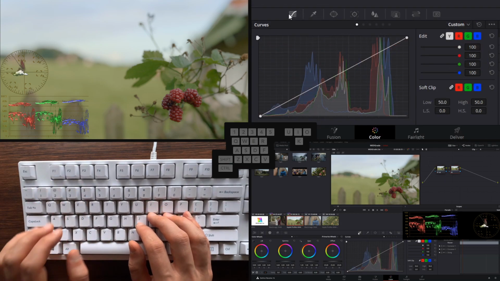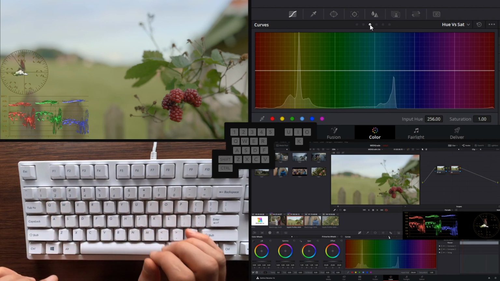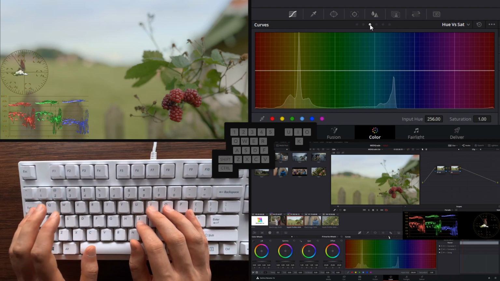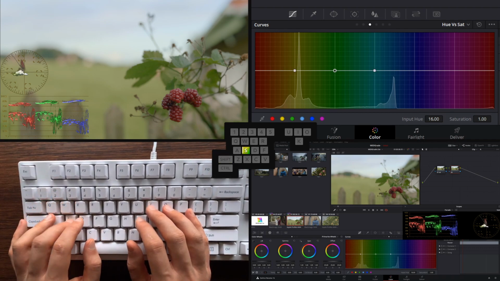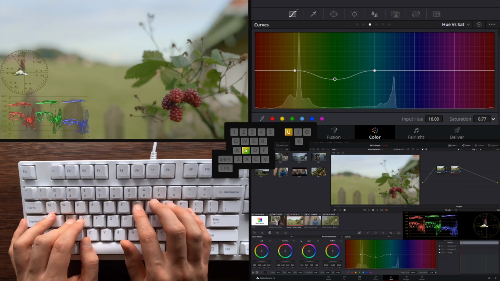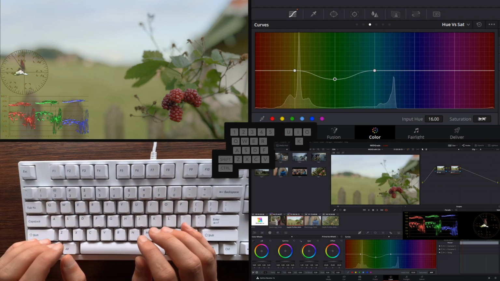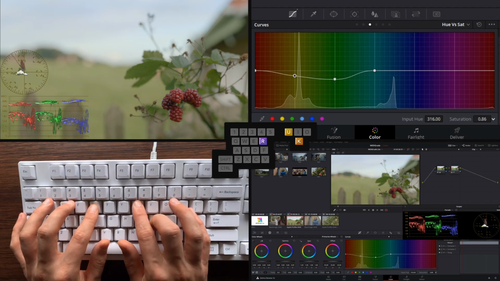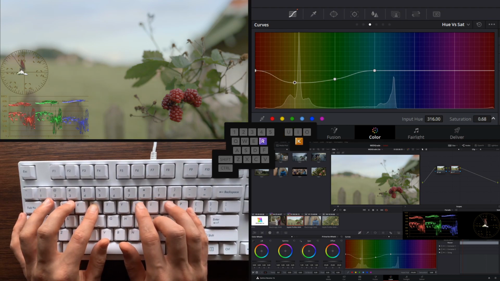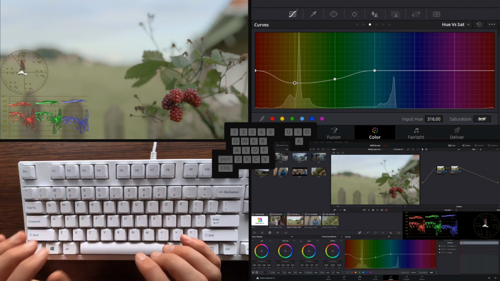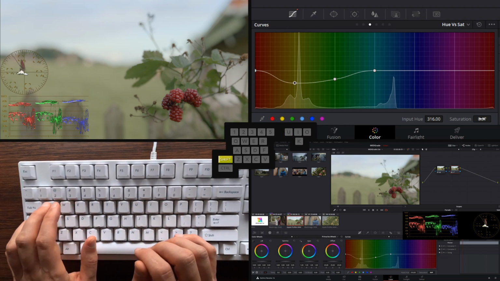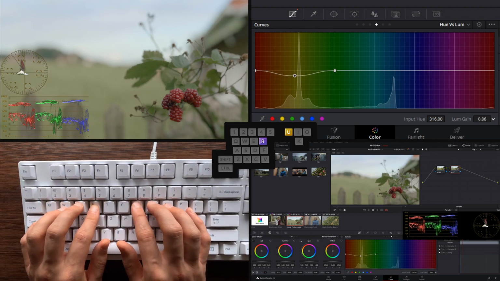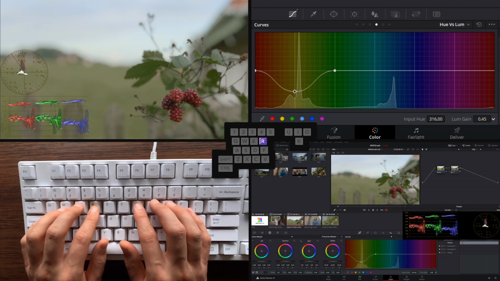So I feel like I really want to bring focus to these berries, so I'll create a new node and jump to curves. Let's go to hue versus saturation and select greens from here. And I feel like the greens are actually located more in the yellows, so let's grab the yellow parts and just bring that down. I can also go to hue versus luminance, and again let's grab the yellow parts and just bring them down,